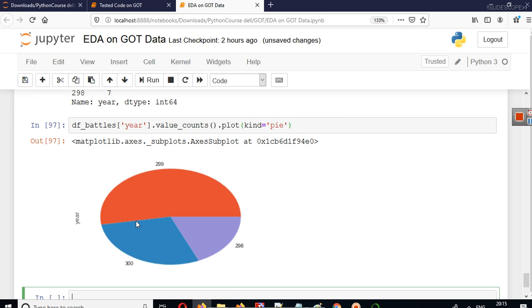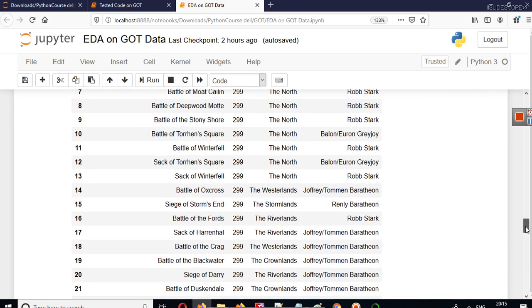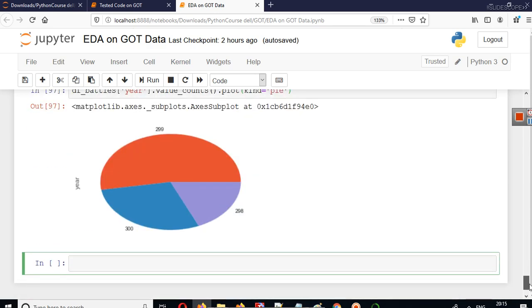So that is called classified data. Classified data is when you have repetitive values in your data set, so you can count how many values are there per class. You can use a pie chart to display that, and you can use a bar chart to display that as well. We saw that example in the previous video.